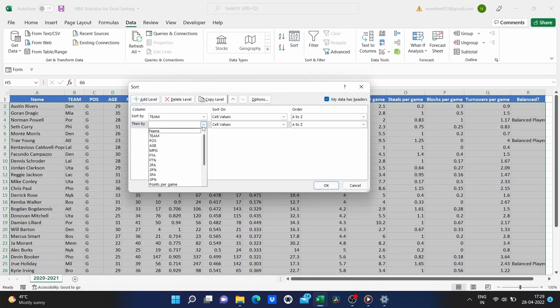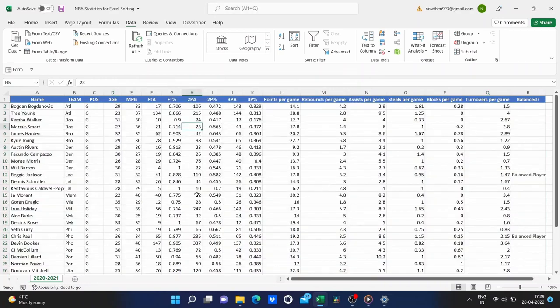Then by, I could say, player name. Let's try that. Again, A to Z, I click OK. Now all of the data is reorganized, resorted. First of all, based on the team that the players are on, and then secondly, based on the name of the player.